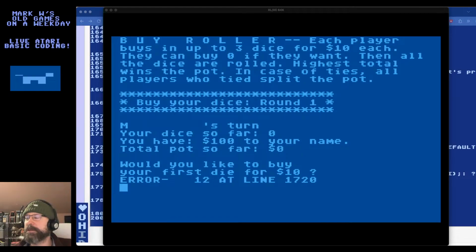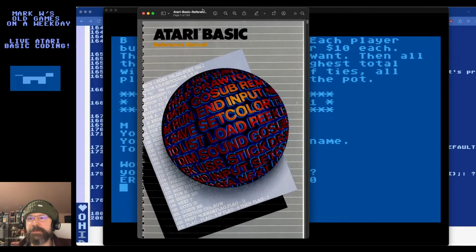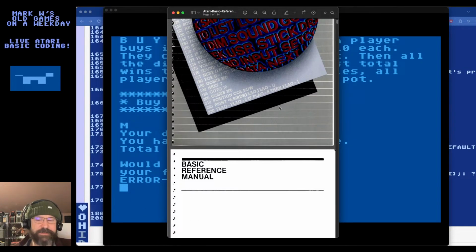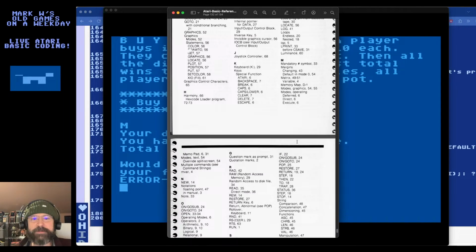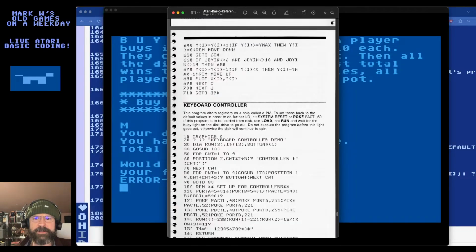I just downloaded the Atari BASIC guide. So bear with me a sec, because I want to look at what the heck this error code means. Here's one of the BASIC guides. It's for revision C or something like that. I don't know which one I have, but hopefully it's close enough, and the differences are very minor so I don't have to worry about which version I'm at. But Appendix B should have the error codes, so let me just find that.